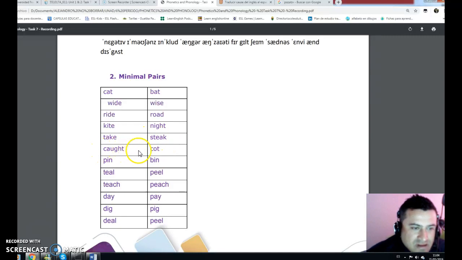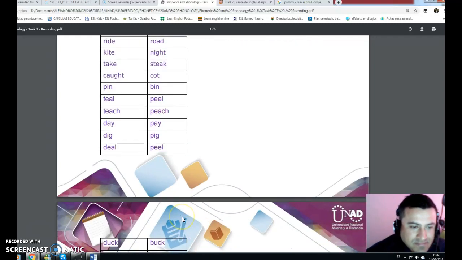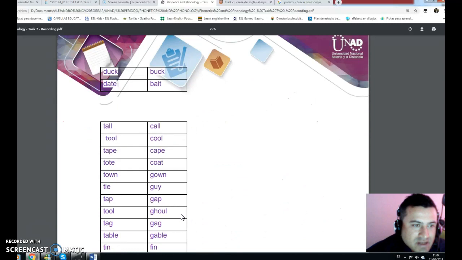Calf and cat. Pin and bean. Teal, peel. Teach, peach. They, pay. Dig and pig. And the last one, deal and peel. Okay, we have some other words, duck and back, date and bait,